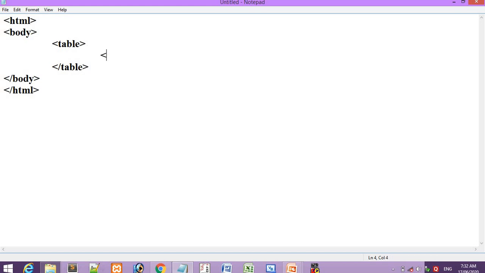So for the table row, first I will define the TR tag. For defining a table row you can use the TR tag. So both tags I am going to use together as well, the TR starting tag and the TR ending tag. You can give them together, so that you cannot forget later. So here I am pressing enter. Now inside the table we have defined our table row.